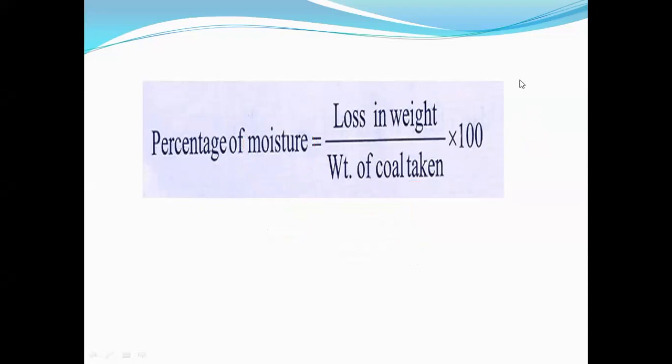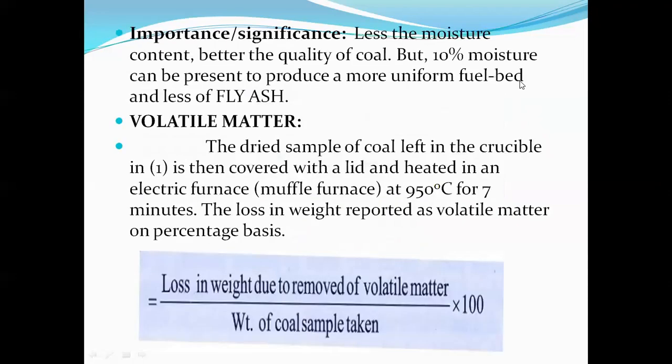Next, the coal sample contains a second kind of impurity. What is the importance and significance of the moisture present in the coal sample? Moisture is an impurity present in the coal sample. If the coal sample contains moisture, the quality of the coal sample decreases. Generally, how do we extract coal? Coal is extracted by the mining process. Coal extracted by mining is known to be a solid fuel, and this solid fuel contains some moisture content.